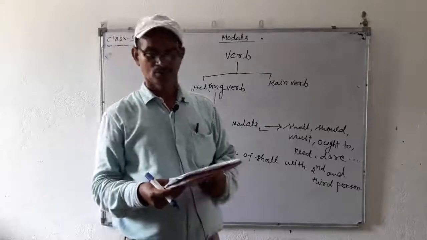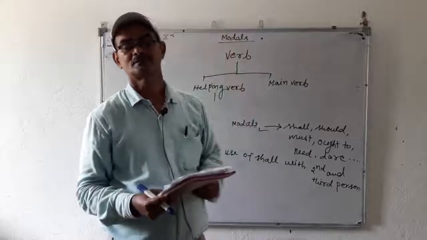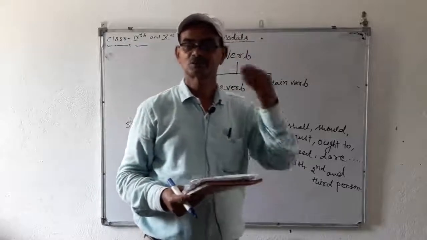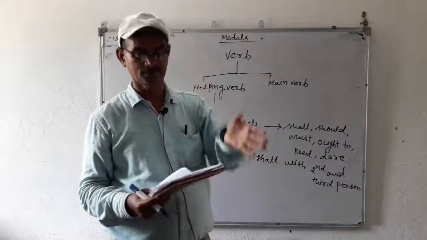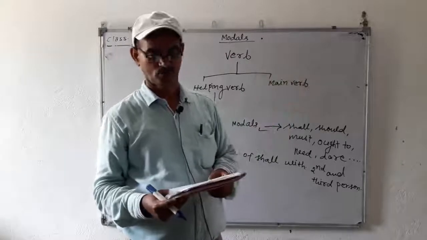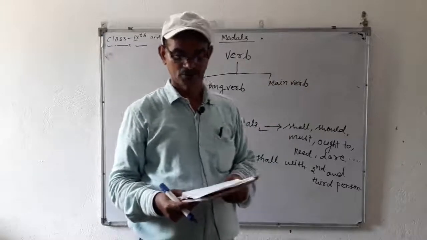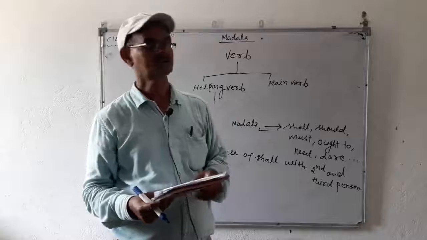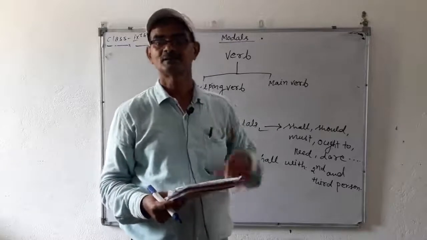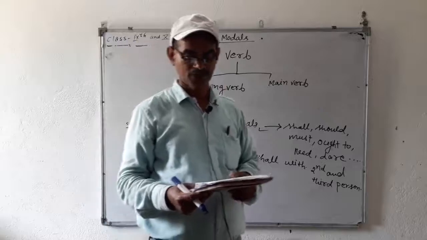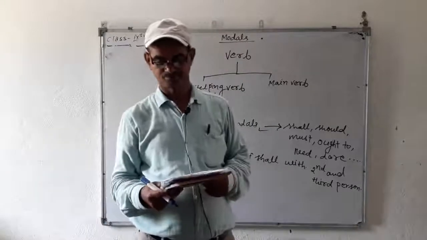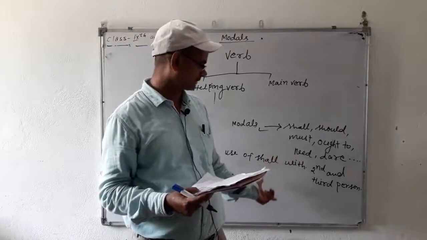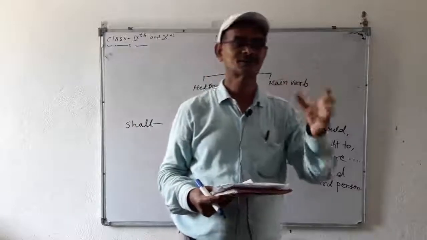He shall complete his work within 2 days. This sentence is assuring that the work will be completed within 2 days. It is definite; it is narrating surety. You shall be fined if you do not pay in time. It is definite that if you do not pay in time, you will be fined. Shall also expresses determination. He shall have the best education. Use of shall with the third person also expresses determination.